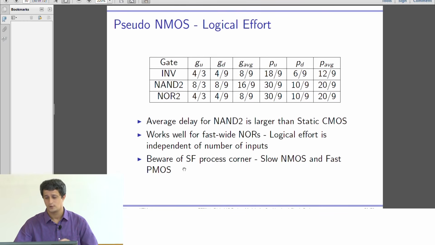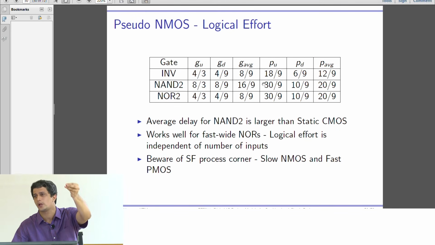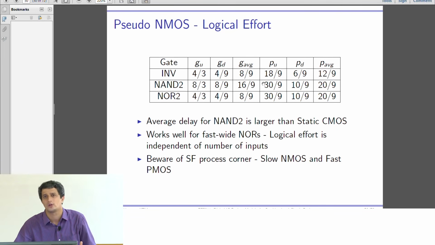For a NAND 2, for a NOR 2, work out these things. You should get these numbers correctly. Okay. Clear? Now parasitic delay is what? Again, you're going to count diffusion capacitance divided by the diffusion of that reference static CMOS inverter that we constructed. So work this out as well. We can discuss it in a tutorial session later. Clear?